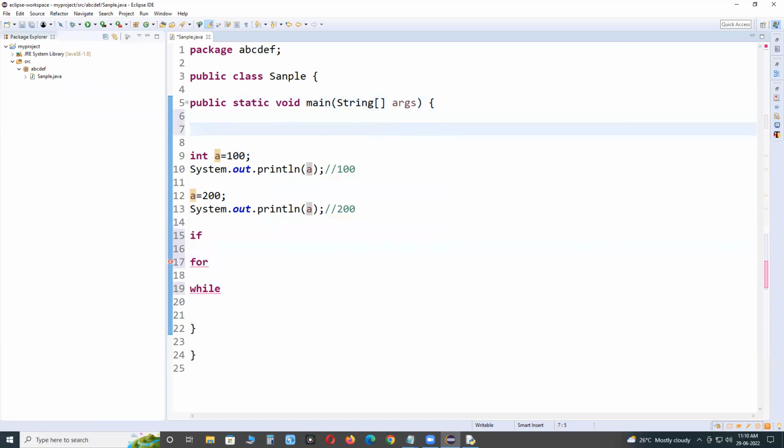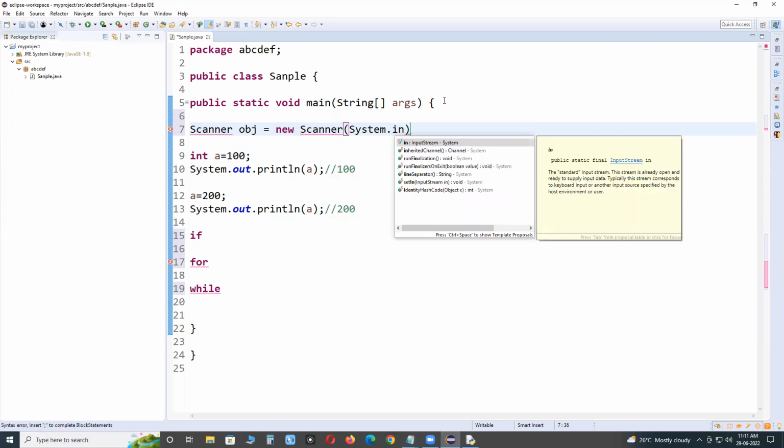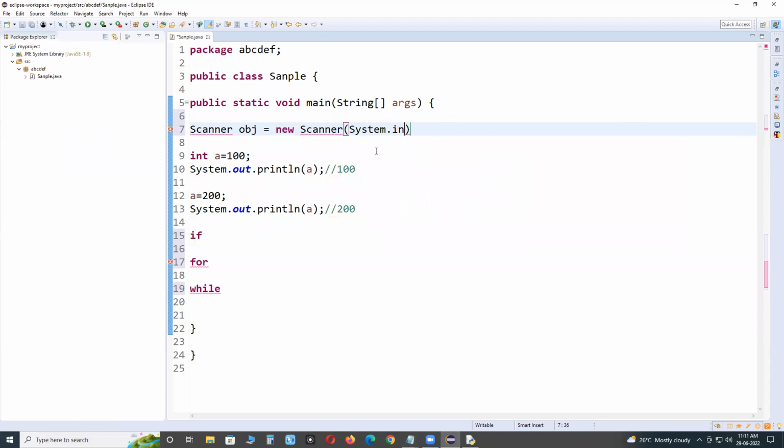Suppose I'm creating one object of the Scanner class, Scanner obj equals to... I want to read user input. For that, the Scanner class is required, a predefined class, a predefined library.